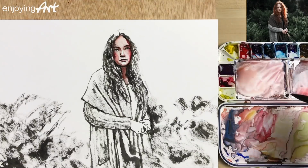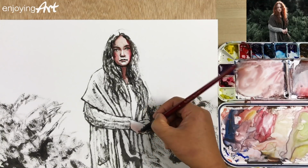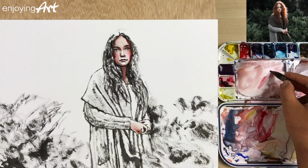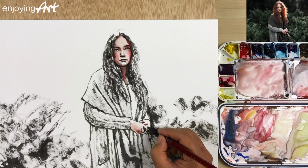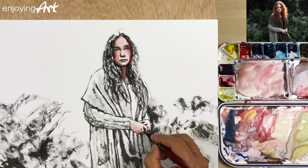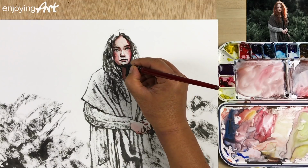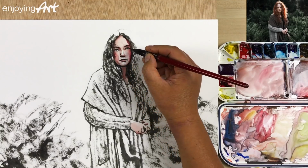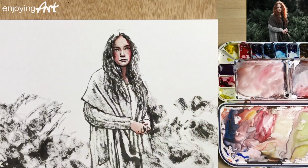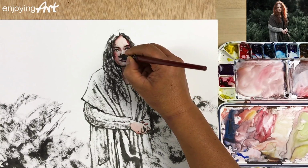Now I come to the hand down over here, almost the same color, and use the side of the brush just to let it blend. Okay, like this. Put the color in here, and down over here could be a little darker, but I've come back a little bit. And now what I want to do, I'm going to come back here, soften a little bit the edge. A little bit softer the edge over here. A little bit better,